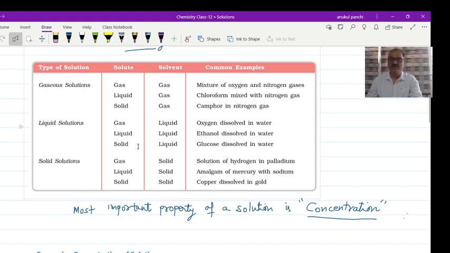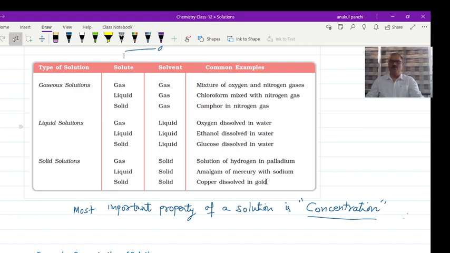Then liquid in liquid, solid in liquid. So all these are different examples. You can find more examples in your books. Lastly, solid in solid. Lesser amount is solid, larger amount is solid. It is also a solution. It is called a solid solution, like copper dissolved in gold. All the ornaments of gold are not made up of pure gold metal. They contain some copper as impurity also, which improves its properties. So a gold ornament is not a pure metal. It is a homogeneous mixture. It is a solution. All alloys are solutions.